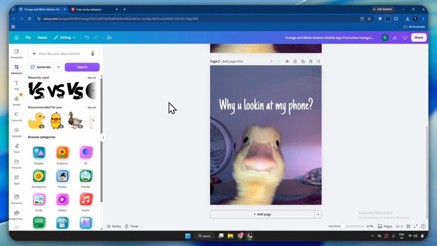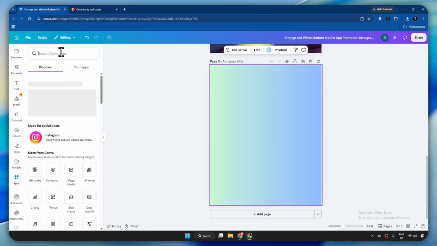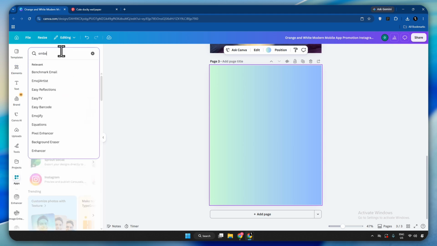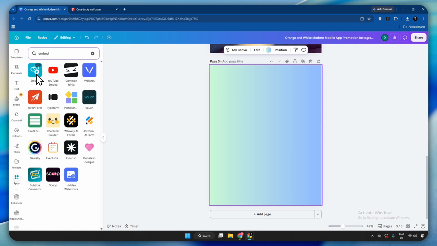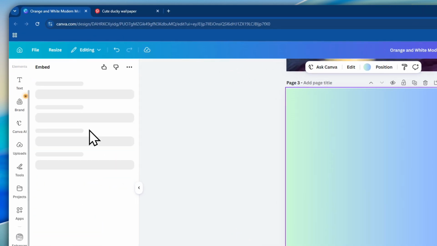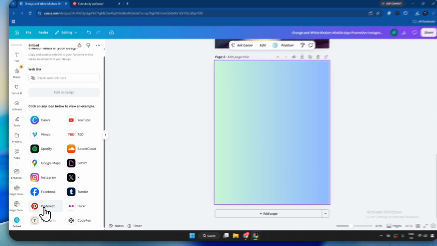Now if it's also not working, click on add page. Alright, here go to apps. Now here search embed. Okay, download this app embed right over here. I've already downloaded it. Now from here select Pinterest,